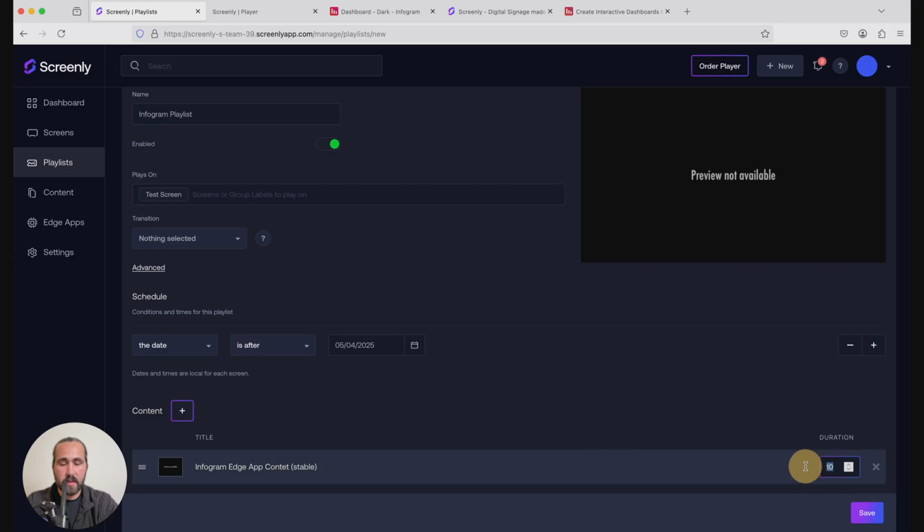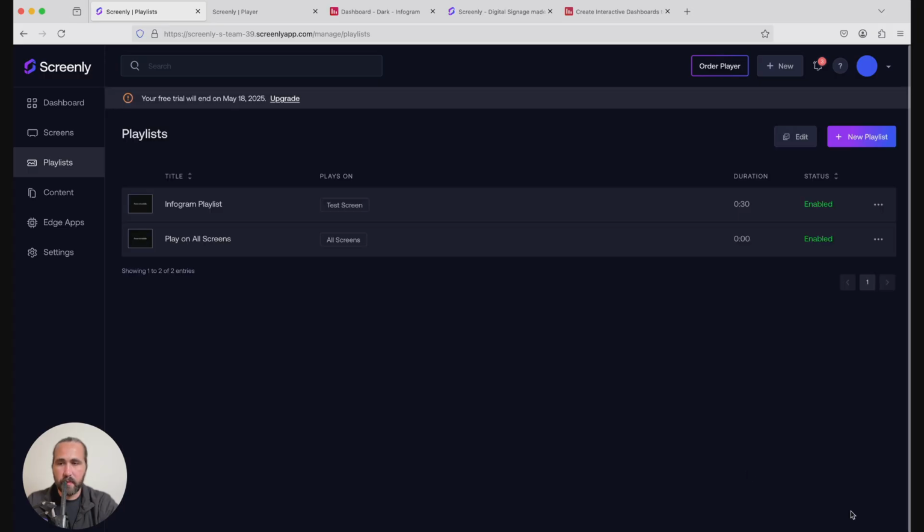We can also adjust the duration here, so we're going to add 30 seconds. Okay, but if you just have one content item, it loops continuously. And then we're going to press the save button here. Okay, perfect. So what we have here is we've created a screen, we've created an edge app, which becomes content, and then we've also created a playlist, and we've assigned that content